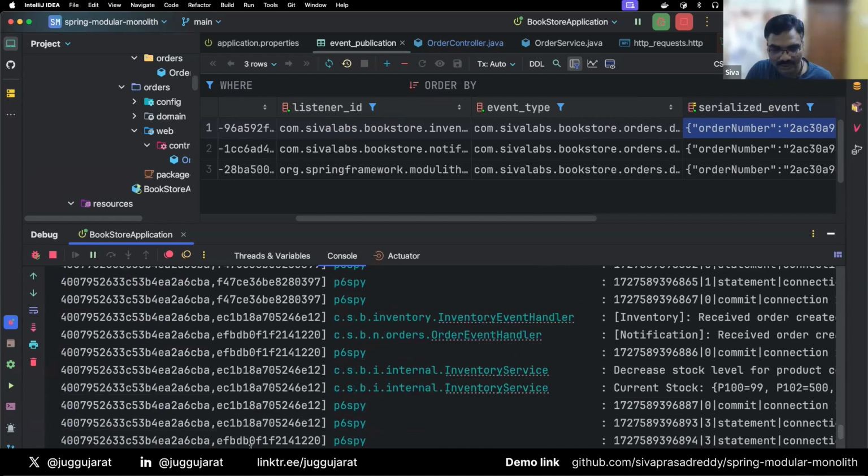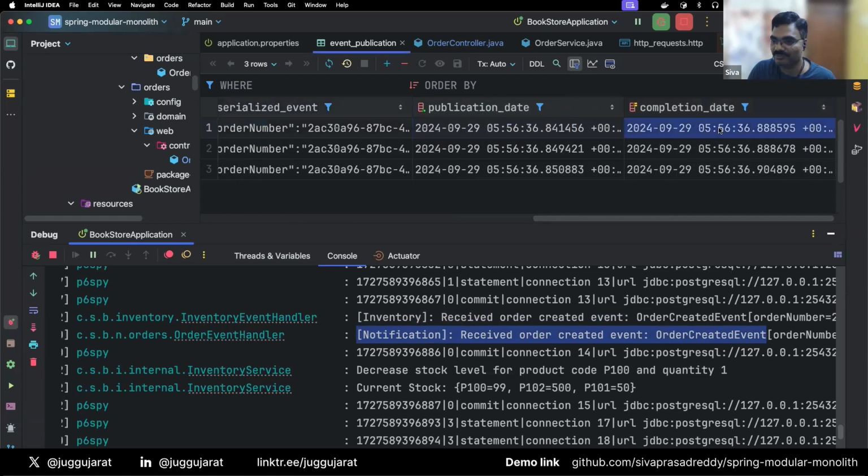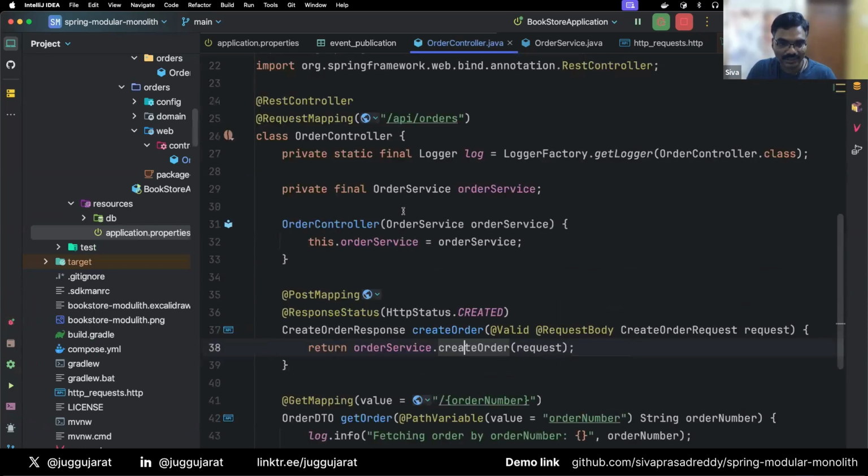So here, when we publish, here we have inventory event handler, received order created event, and so on. And also notification module also received that event, and it also logged this one. Because these event handlers received that event and processed it successfully, they immediately updated in this table. So this way, even though the